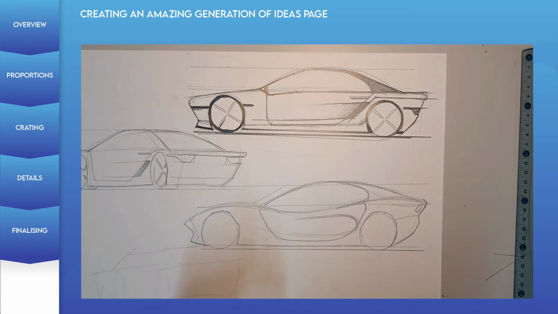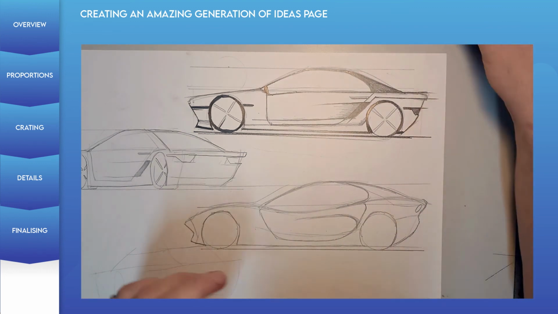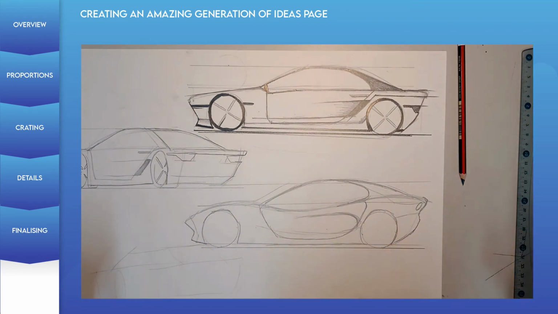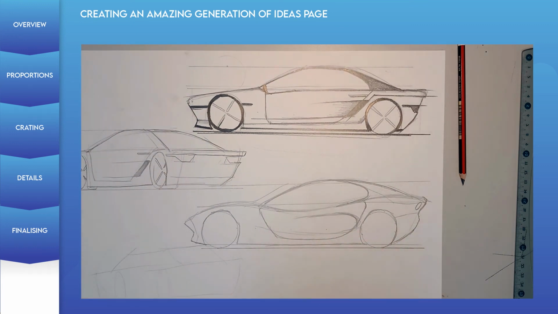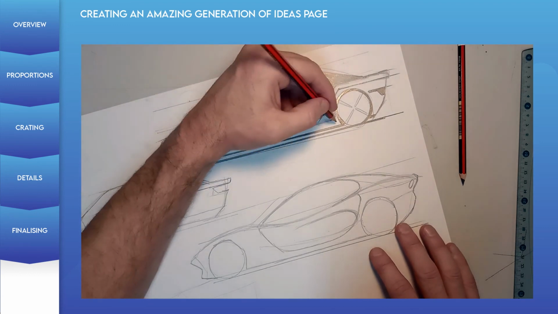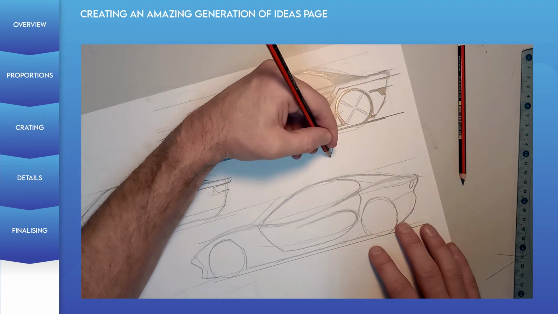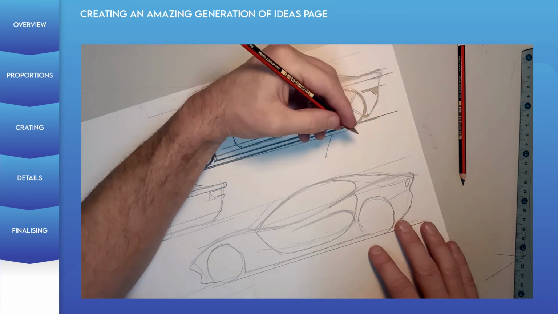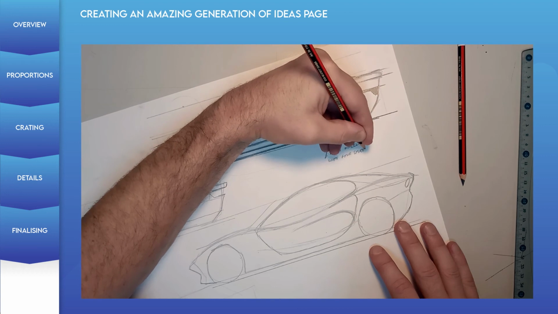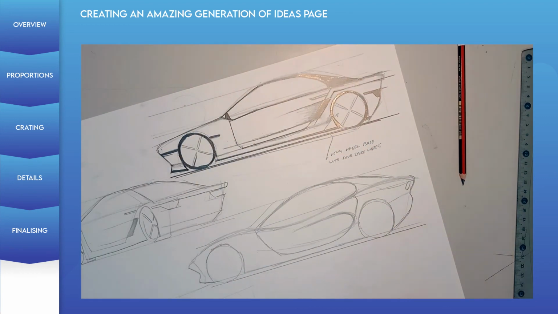So I'm just going to sharpen my pencil here, and then I'm going to get started on that. And also the next big thing that you're going to need to consider is where your annotations are going to go. So really plan out what you're going to be doing with your annotations. I generally try to point out some features and things that you were thinking as you were drawing it,